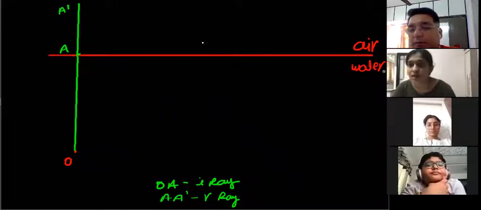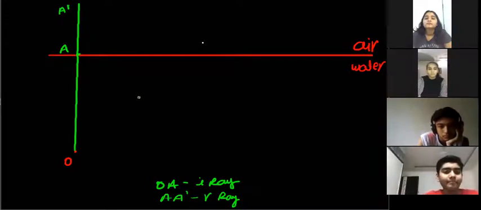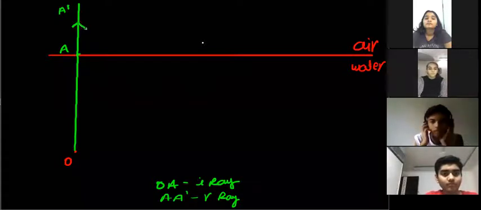Everyone clear up to here? The first ray of light is perpendicular, so there will be no refraction of light. Khyati, once I cannot see you. Everyone clear about this? Dave, clear? Okay, so ये हो गया पहला refracted ray. So we can say this is the refracted ray going in the upward direction.